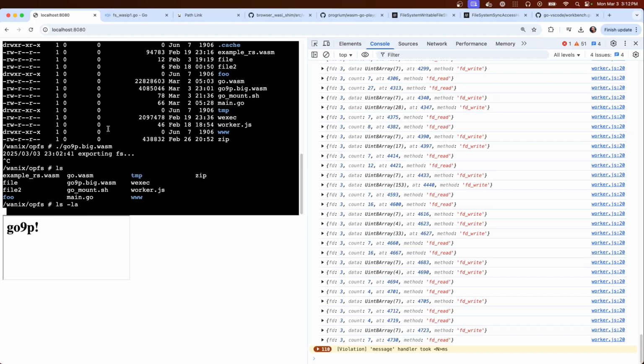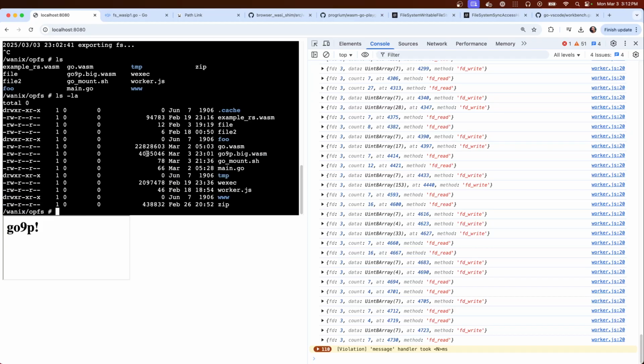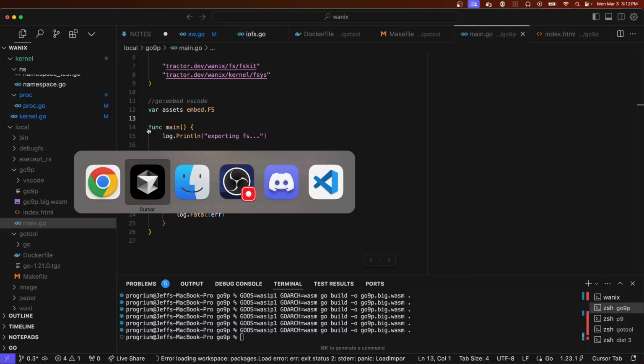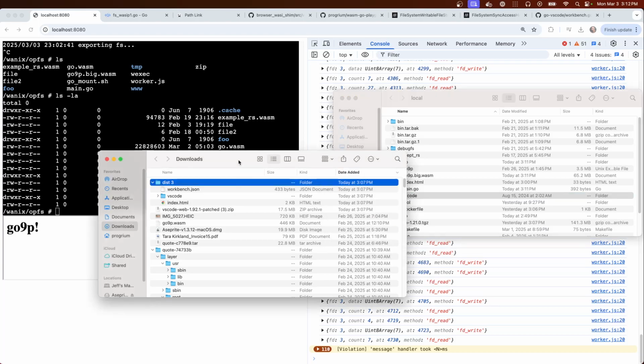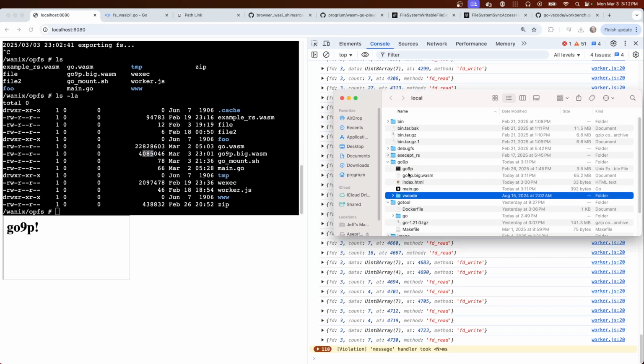And it's going to be a little bit bigger now. .62 megabytes.